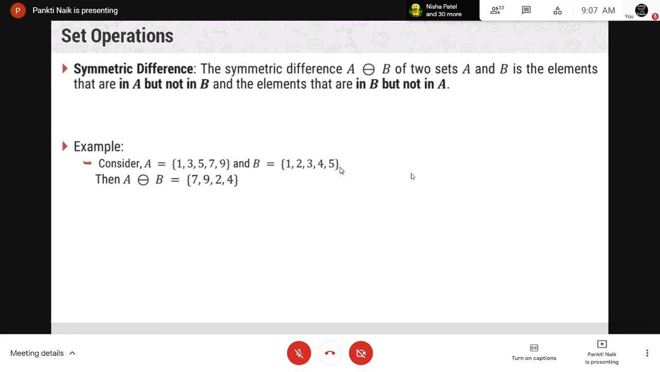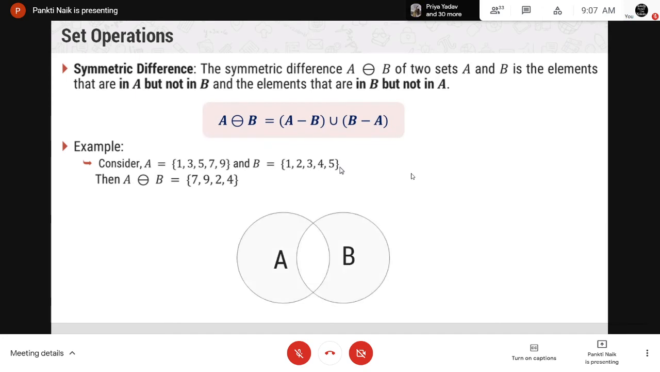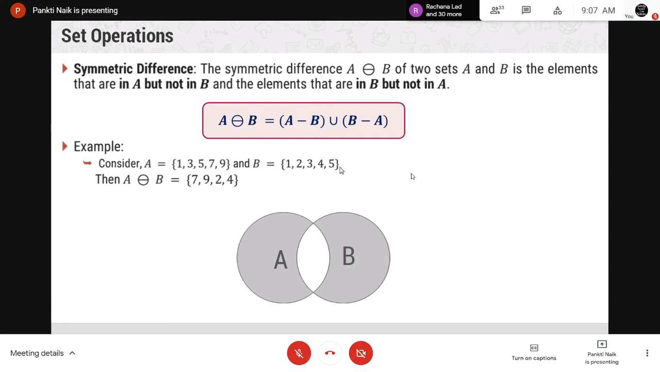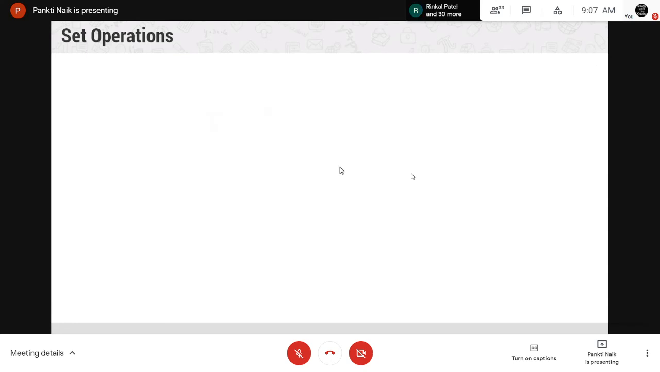right? Then symmetric difference means it is A minus B union B minus A. So that is known as symmetric difference, right? So બંનેમાં જે common નથી એના સિવાયના elements છે, that will be symmetric difference between two sets,